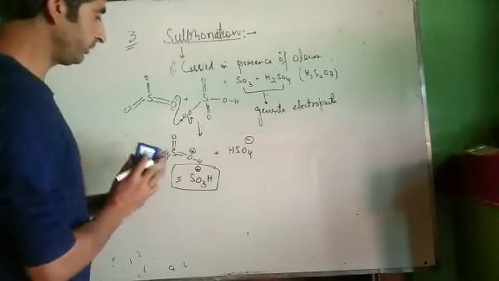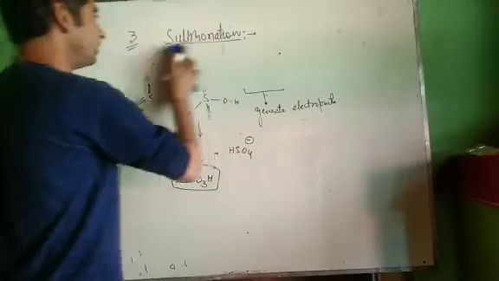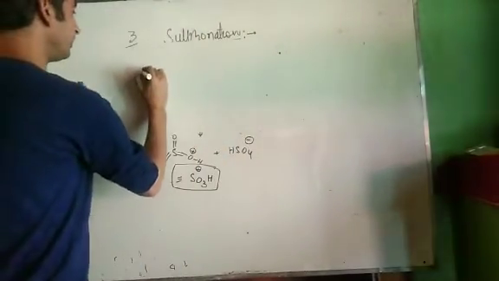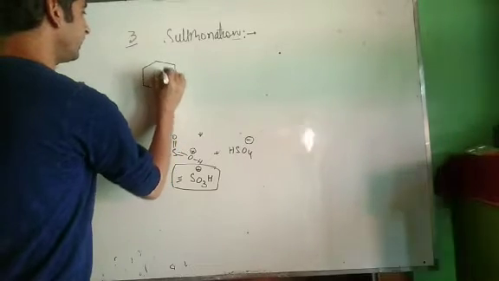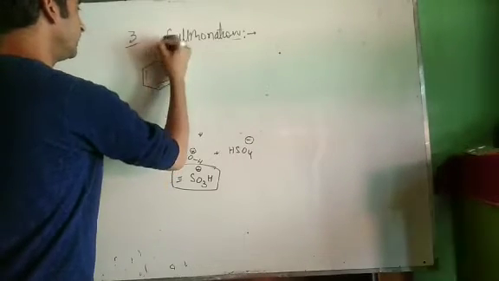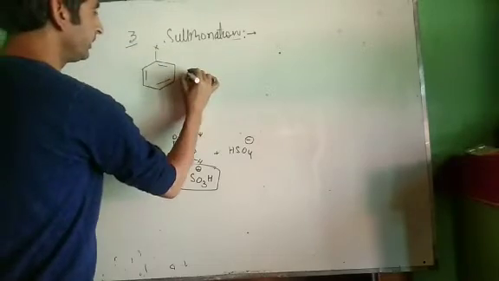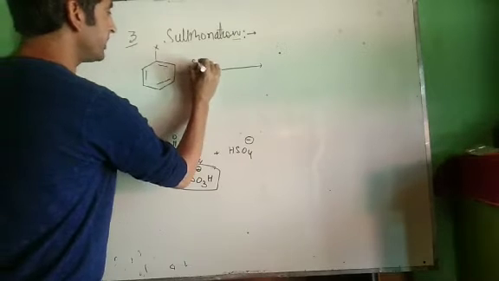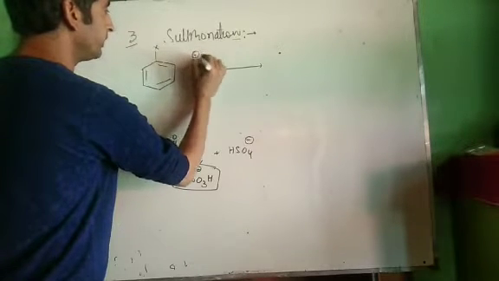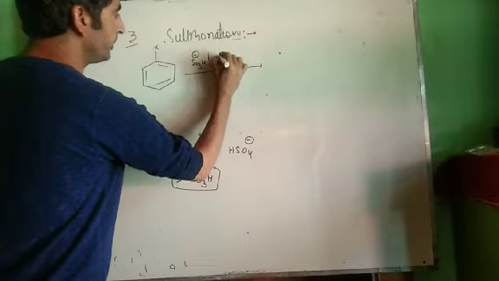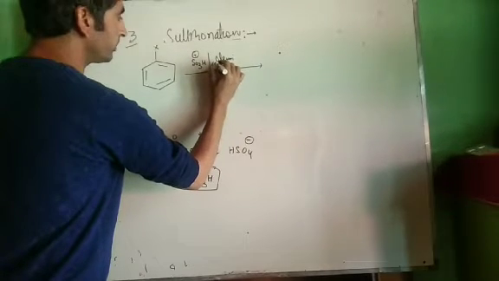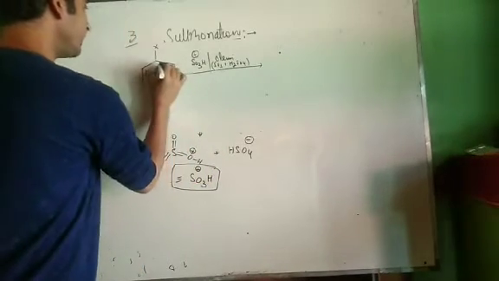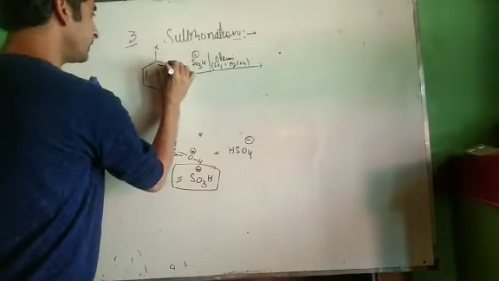Now see how this electrophile will attack haloarenes. Now take a haloarene. This is our haloarene. It may be any haloarene, chloro, fluoro, bromo, any one. Let's write it X over here. Now see, we treat it with oleum. The aim of oleum is to generate SO3H positive. Now this SO3H positive is an electrophile. This has been obtained from oleum. Oleum is SO3 plus concentrated H2SO4. Now what happens? I have shown you in the last lecture, this bond breaks.